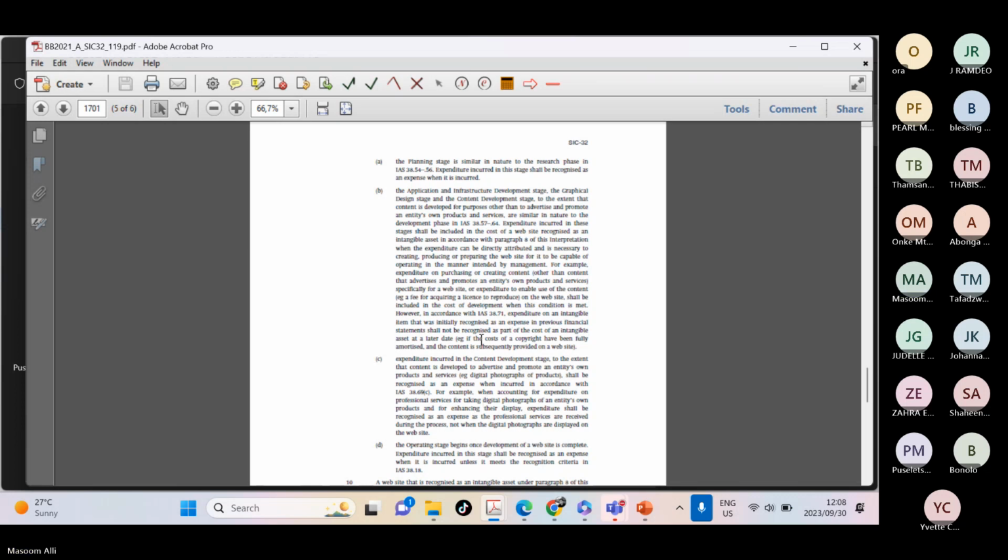Let's say they've given us things saying we've done research on developing the website. This is falling in the planning stage. So any expenditure incurred in this stage is automatically going to be recognized as an expense. So you do need to start classifying or categorizing the